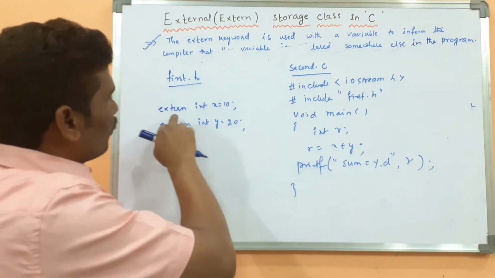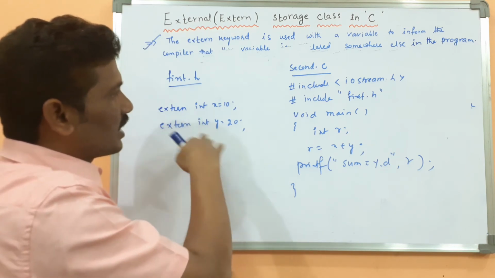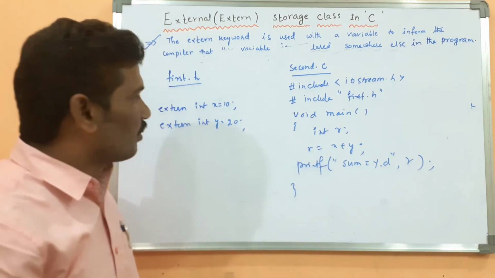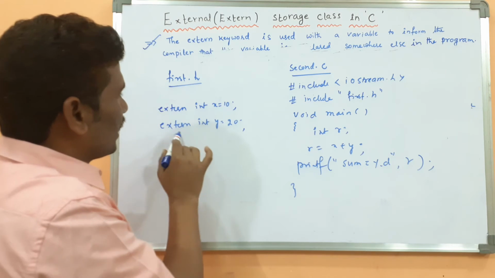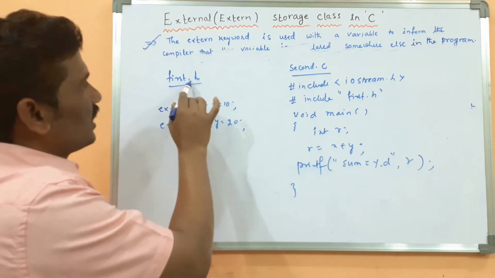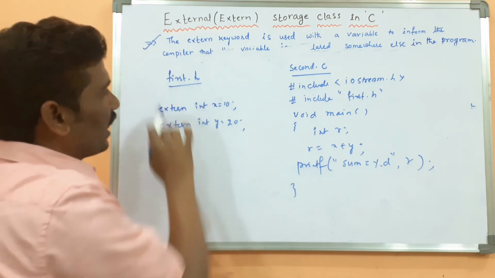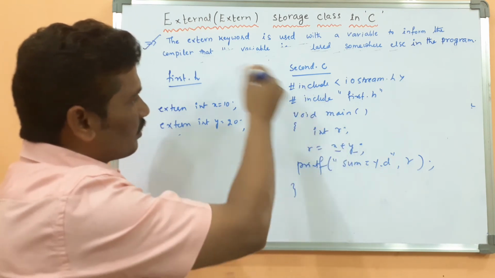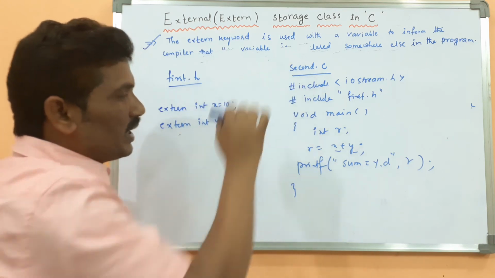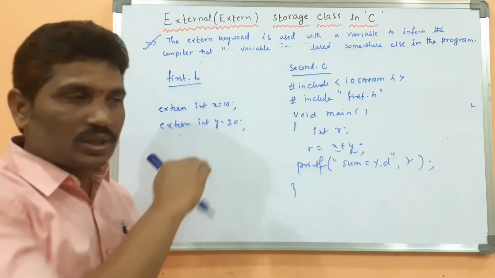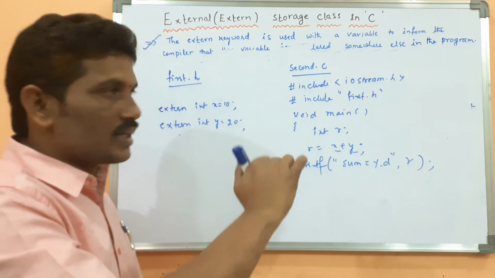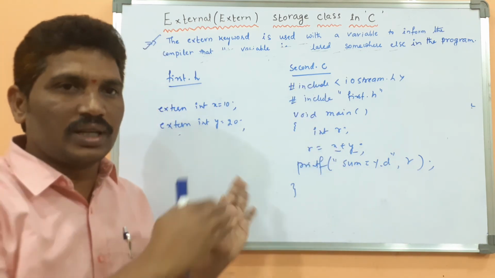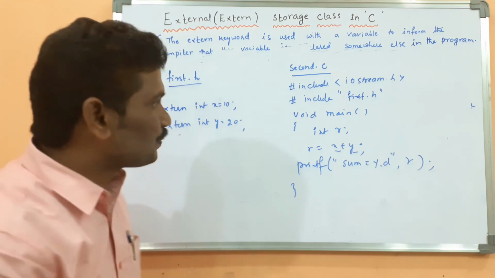Because if you use the extern keyword, it can be declared somewhere else, or it is used somewhere else in the program. Extern int x value becomes 10, extern int y becomes 20, because it is not a C programming file, it is some other file. If you want to access the x value and y value from another file, both should be in the same folder. Both files, first.h and second.c, should be saved in the same folder. Only then it can work, otherwise it shows an error.